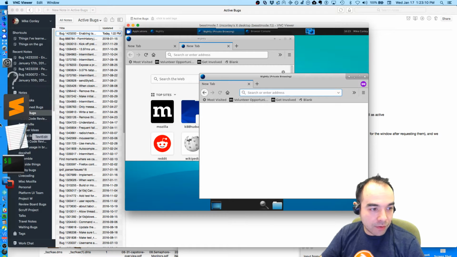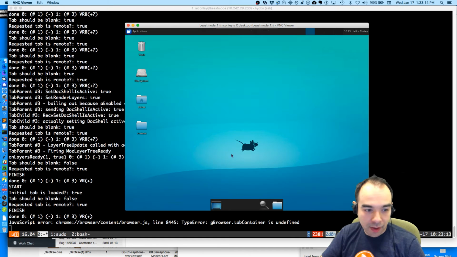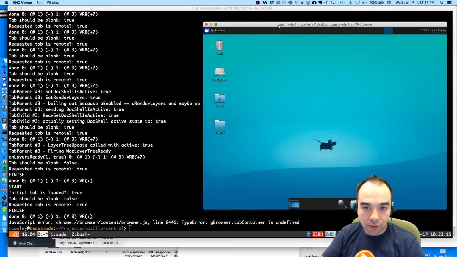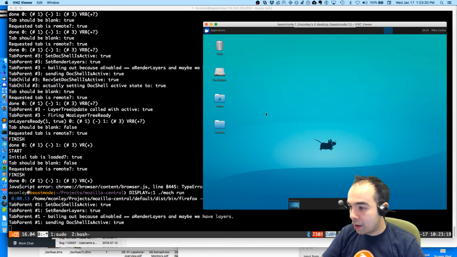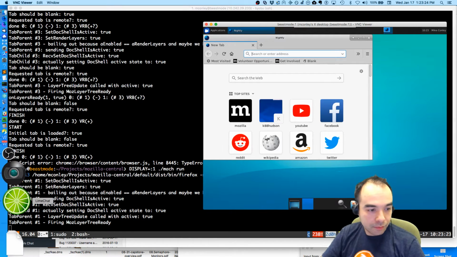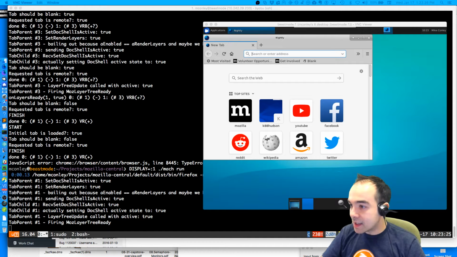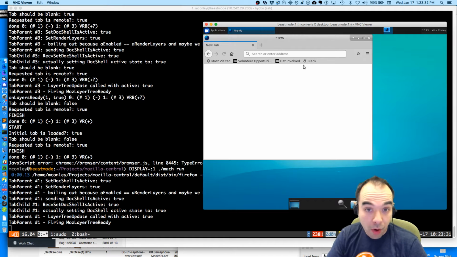Now, I added a bunch of logging to help us see what's happening. So let me run this all over again, and we can look at some of the logging, and maybe that'll help as well. Isn't this exciting? I have no idea why this is happening. Hopefully within the next little while we'll figure it out. Maybe we won't.